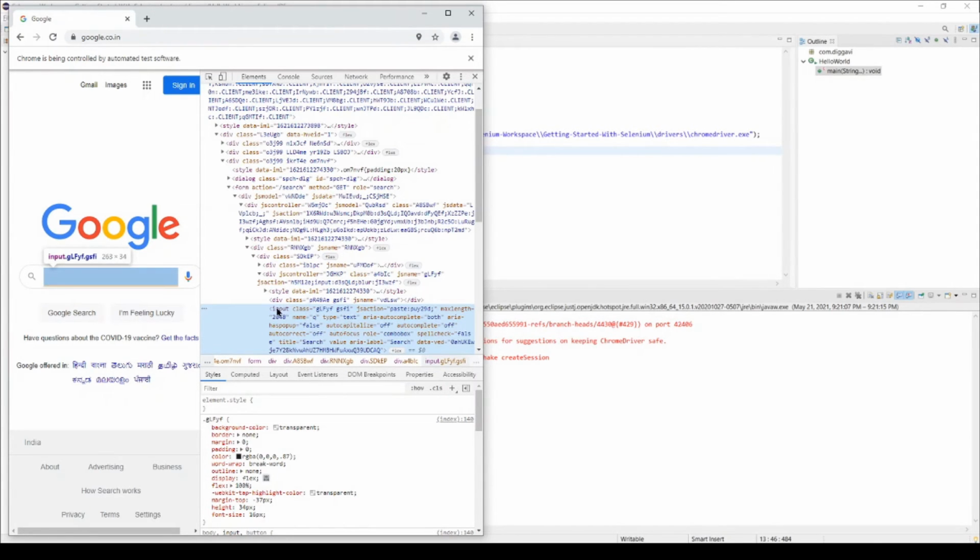If we have a little knowledge of HTML, the tag is input and there are so many attributes for this tag: class, jsaction. We can use any of these attributes to identify this search input, but we will get into what locators are in a later section of this series. As of now, I'll just take this name property to identify this one.